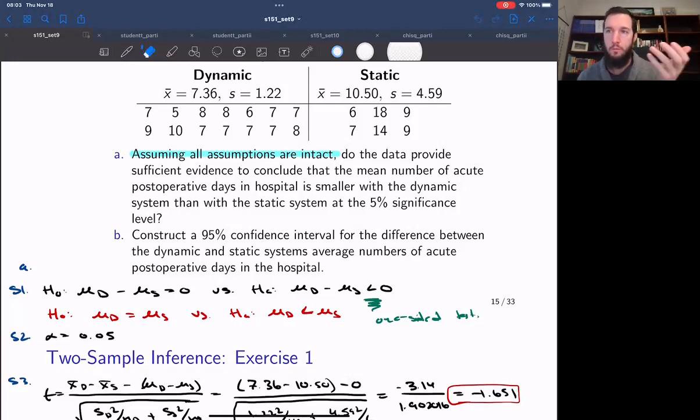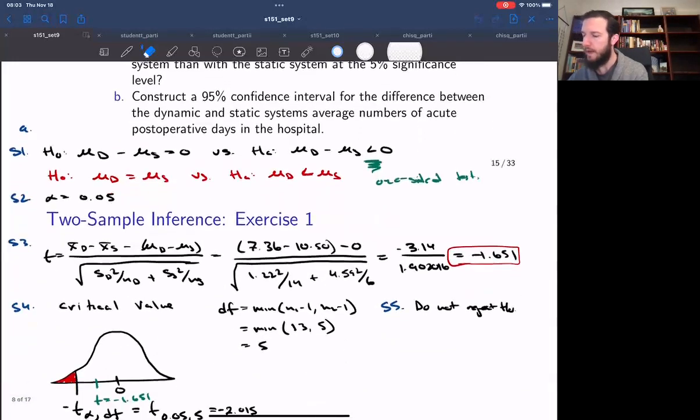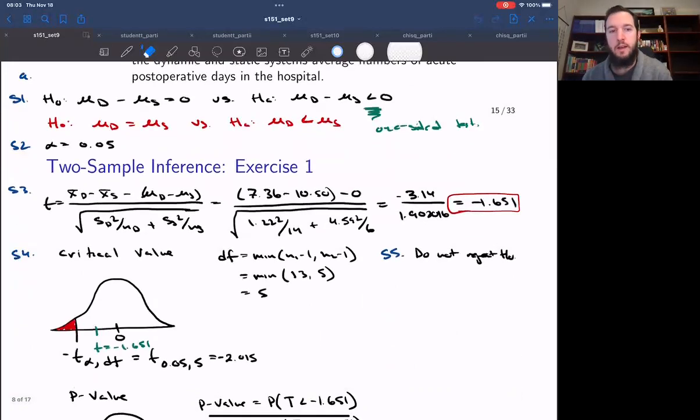Okay, so just to go over it again, in part A, we're running a hypothesis test about the difference between the dynamic and the static system. In particular, we are asking, is there evidence that the mean amount of time spent in hospital on the dynamic system is less than the mean amount of time spent in hospital on the static system? So you can see in red font right here,